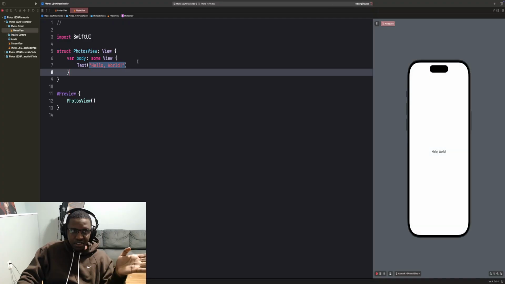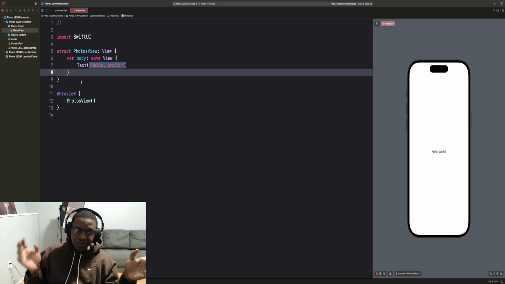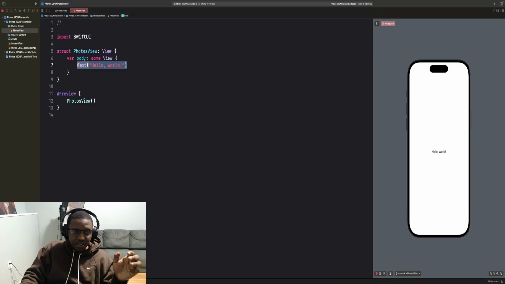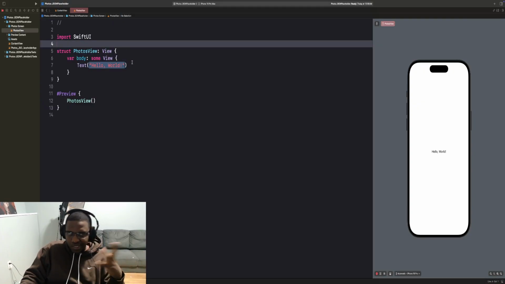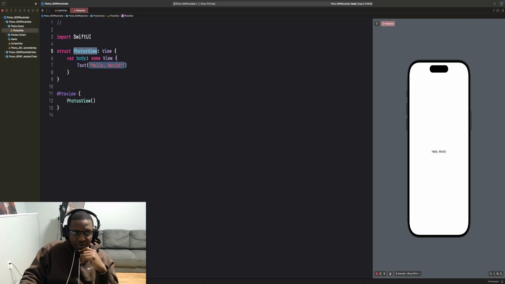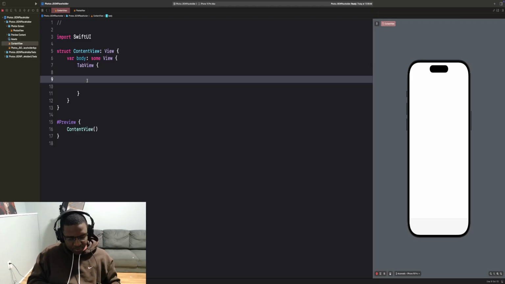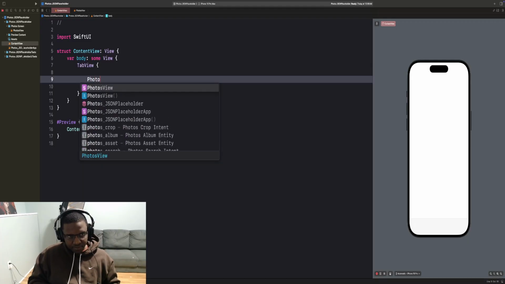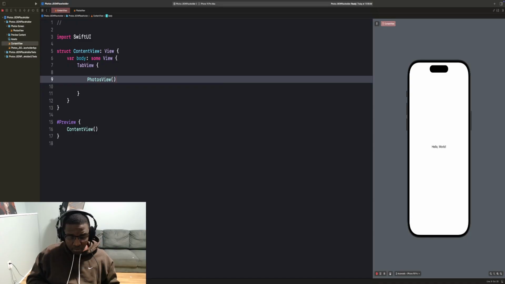Whenever you create a new SwiftUI file to create a new SwiftUI screen, Apple just gives you this template, and it starts off with "Hello World." But we're going to update that so it actually shows a list of all of the photos that we get from the API. But for now, let's just make it so that we can use our photos view inside our content view that has our tab view. So let's do this by saying photos view,